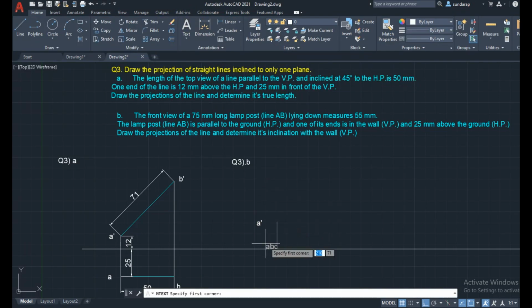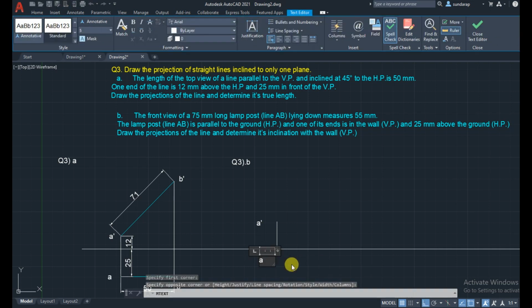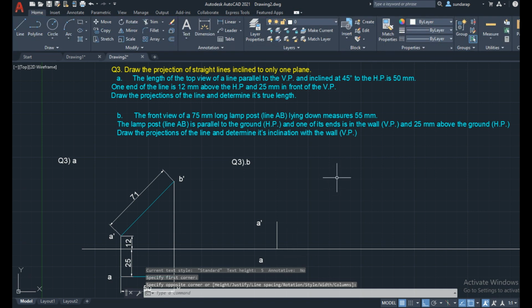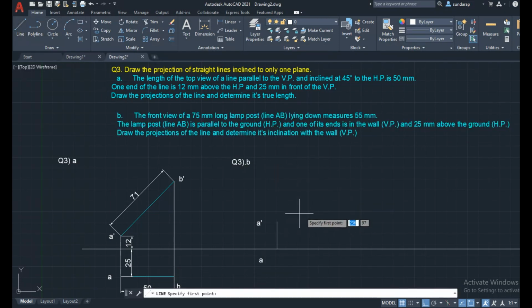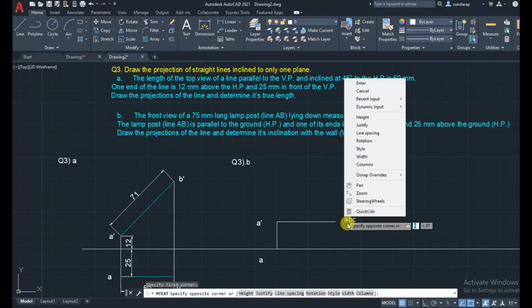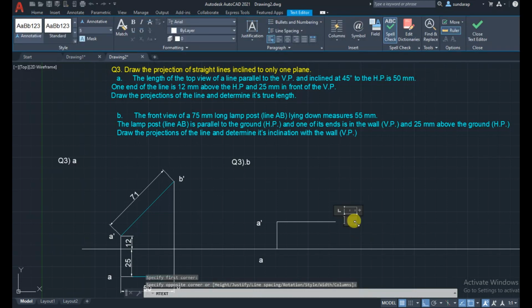In the top view, in the wall, we use the notation without dash, lowercase a. Now the 75 mm line has a front view length of 55 mm. The front view is always obtained above the XY line, measured 55 mm. That is the other end, b dash, in the front view, with the dash.